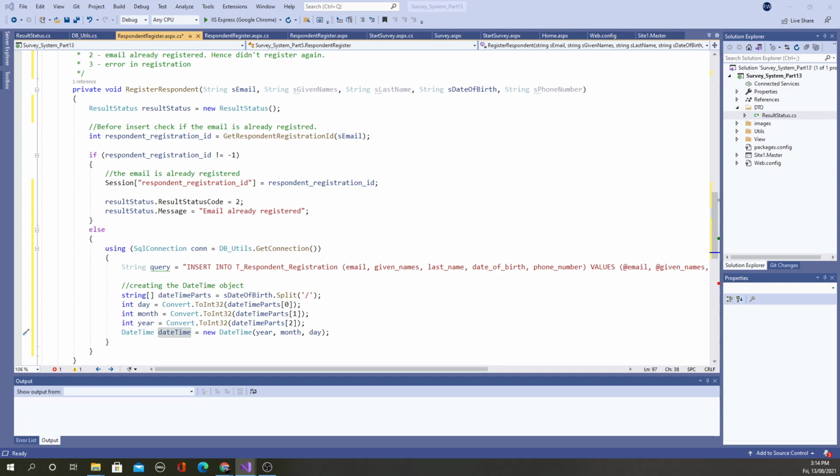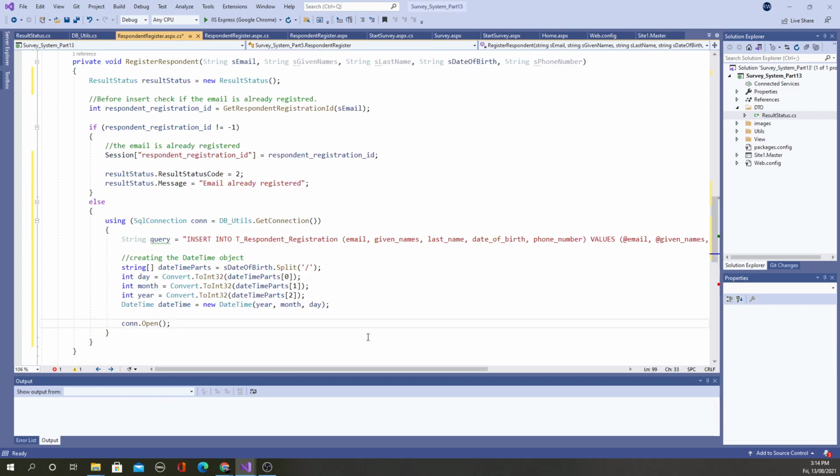Now the next thing is we can open the connection. So I'm going to open this connection, and then the next thing is we have to create a SQL command, because we have to execute this string query, plus we have to pass the attributes or the parameters.